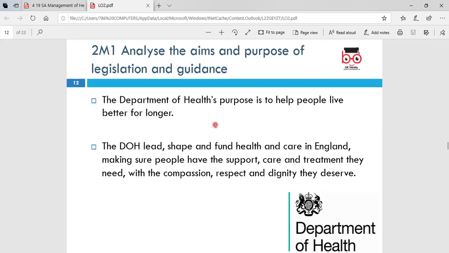Okay, so the Department of Health's purpose is to help people live better and longer also. So you're not only helping them live longer, but better also. So there's quality as well as quantity. The Department of Health leads, shapes, and funds health and care in England. And they make sure people have the support, care, and treatment that they need with the compassion, respect, and